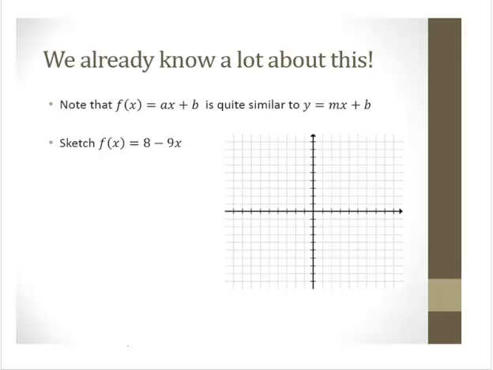And in fact, we already know a lot about linear functions because we've talked about linear equations earlier. Notice that f of x equals ax plus b is quite similar to y equals mx plus b. And so if we wanted to sketch f of x equals 8 minus 9x, we know that the slope is negative 9, and the y-intercept, the vertical intercept, is 0, 8, and we can use that information to graph the line. Assuming a standard scale,